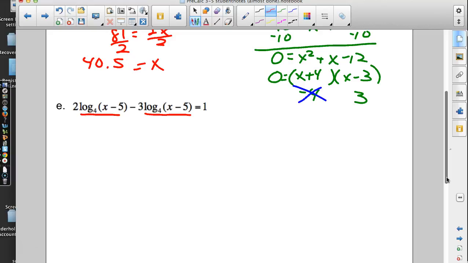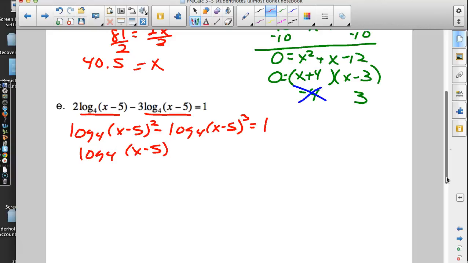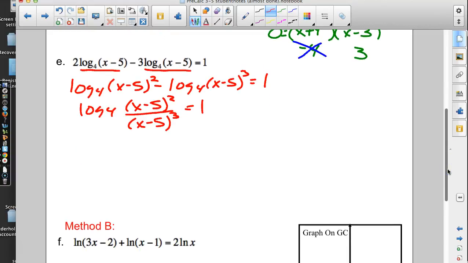So let's see. Well, this 2 came from where? It was a power. That 3 was also a power. Got that done? What does subtraction do in logarithm language? Divide. Oh, yeah. Now we see it. 2 of those are going to cancel out. We've got an x minus 5 squared on the top and x minus 5 to the third on the bottom. But 2